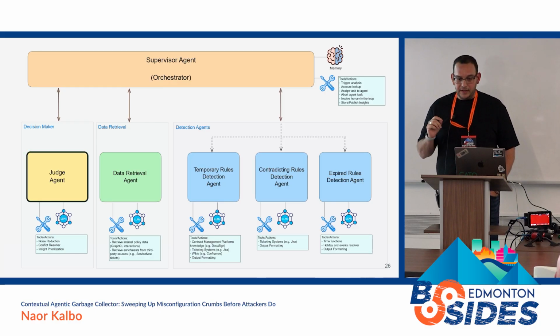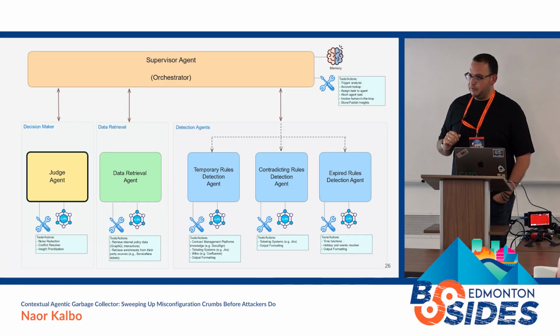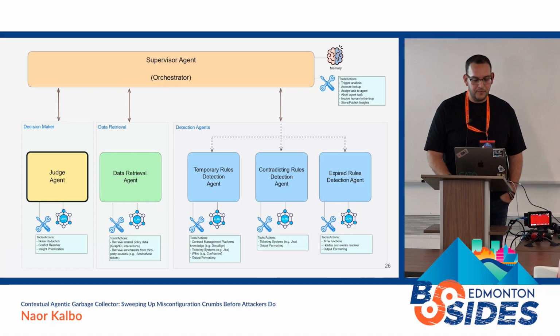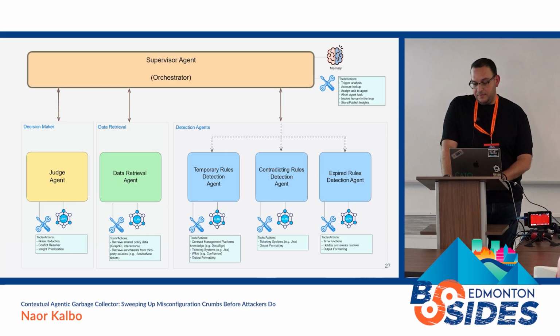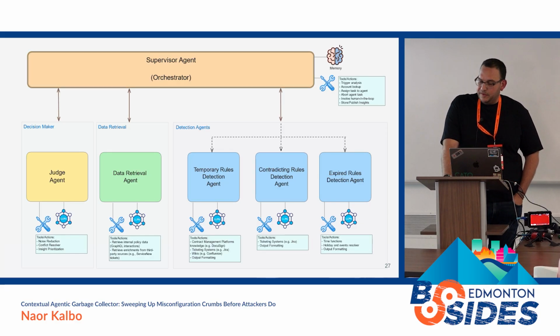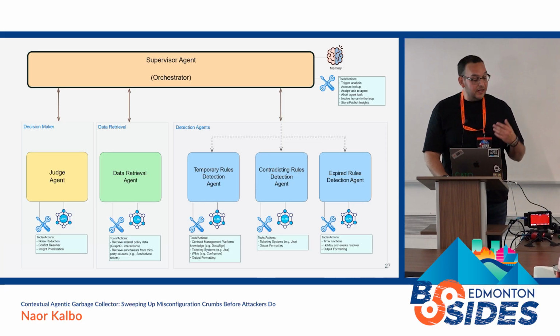And this review includes the noise reduction, the conflict resolution, and the final prioritization that we just referred to. So once the judge review is done, final insights are reported back to the supervisor agent. And ultimately, based on the judged result, the supervisor might trigger a specific detection agent for a retry, or it actually gets a green light to publish the insights into production environment.